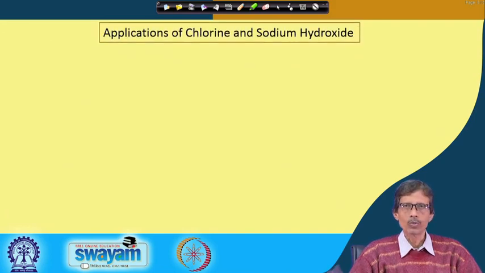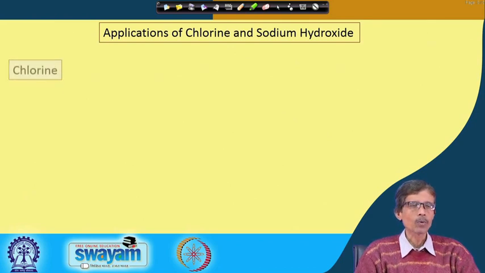So, applications. We will see the application of chlorine as well as the application of sodium hydroxide, because a much lesser amount of hydrogen gas is produced through this particular methodology. So, we will not discuss that only, because the usefulness of hydrogen is known nowadays, but you have to produce a huge amount of hydrogen out of water or out of any other technique. That hydrogen can also be utilized as a useful fuel.